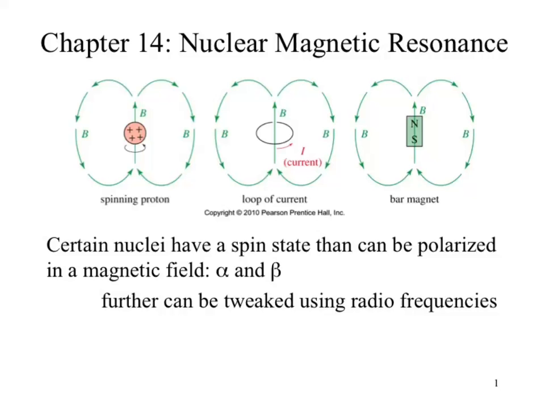So with NMR, we're looking at nuclei, and very particular nuclei have a magnetic moment associated with them. And there's only certain nuclei that do this. For our sakes, the nuclei that are going to become important would be the hydrogen nucleus and then our carbon nucleus. It's going to be a standard hydrogen, so hydrogen with the atomic mass of 1, and then for carbon,